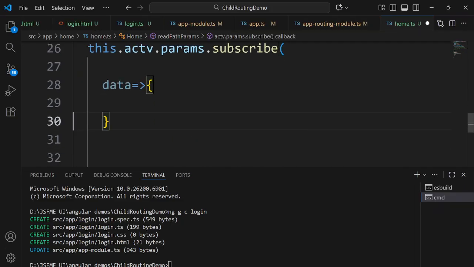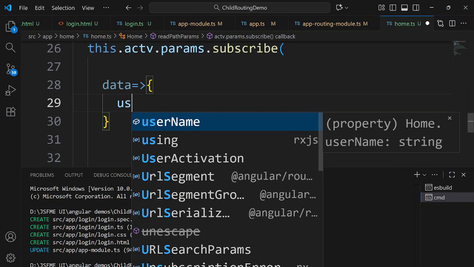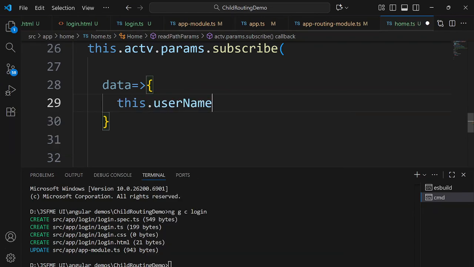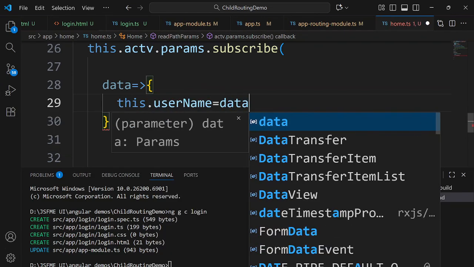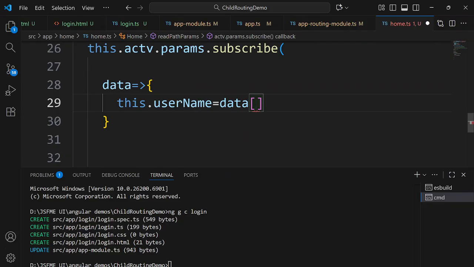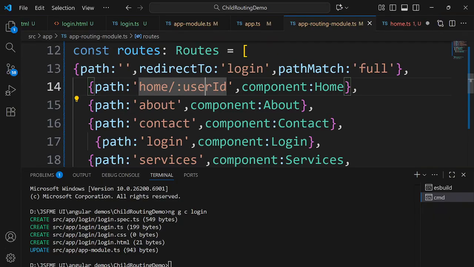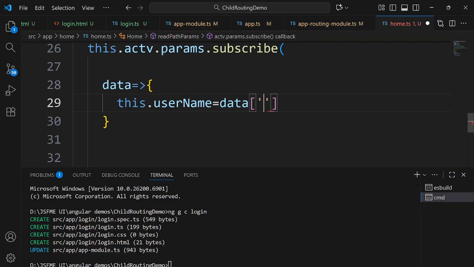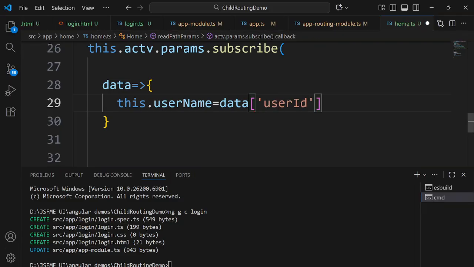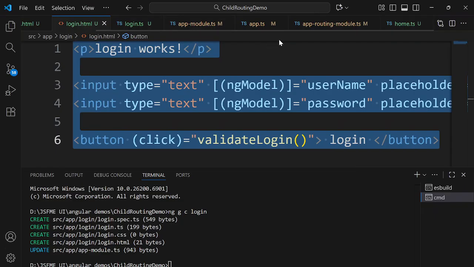So I'll say whatever variable name, that username variable I have created, so this variable name should actually be the first argument coming from the data. What is that first argument coming from the data? It is the user ID that I want to trace. So that's what we have to tell our Angular: read the user ID and store it into the variable called username, and that is something which has to be displayed on my home component